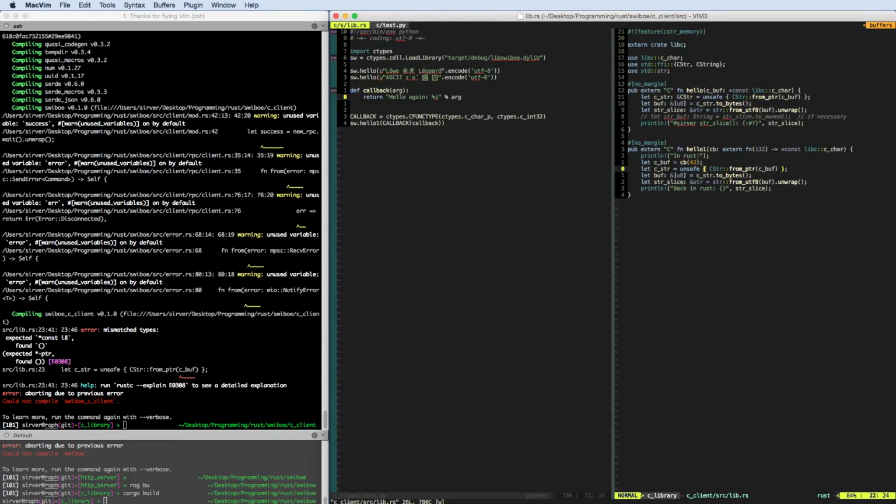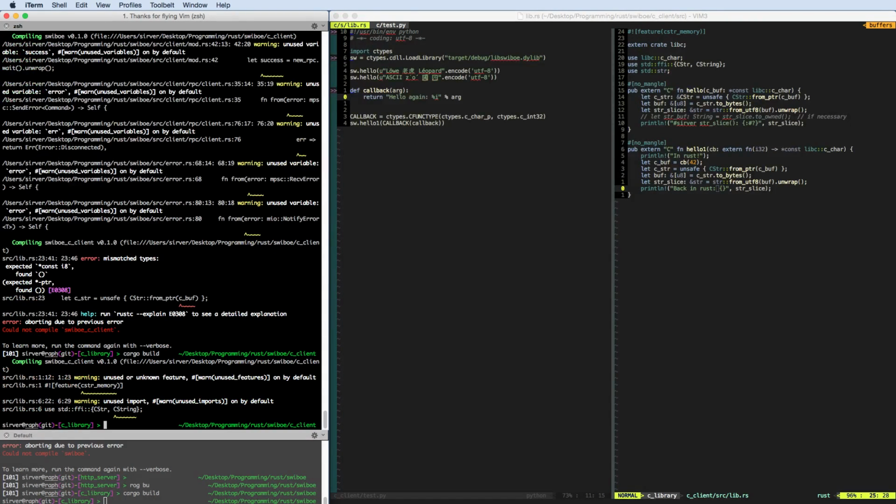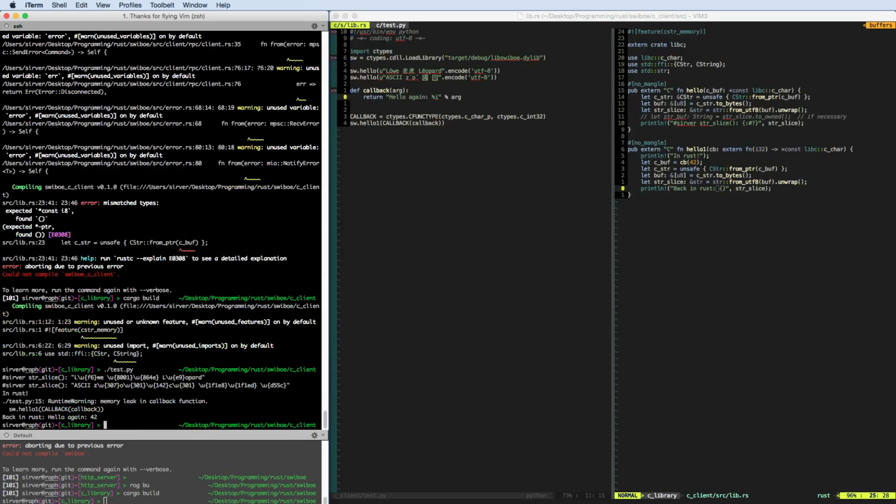And this C char is not owned, so we make a C string out of this buffer. We convert it to a UTF-8 slice, and then we print it out. And that worked, but I hope, yeah, see, that worked. So basically,